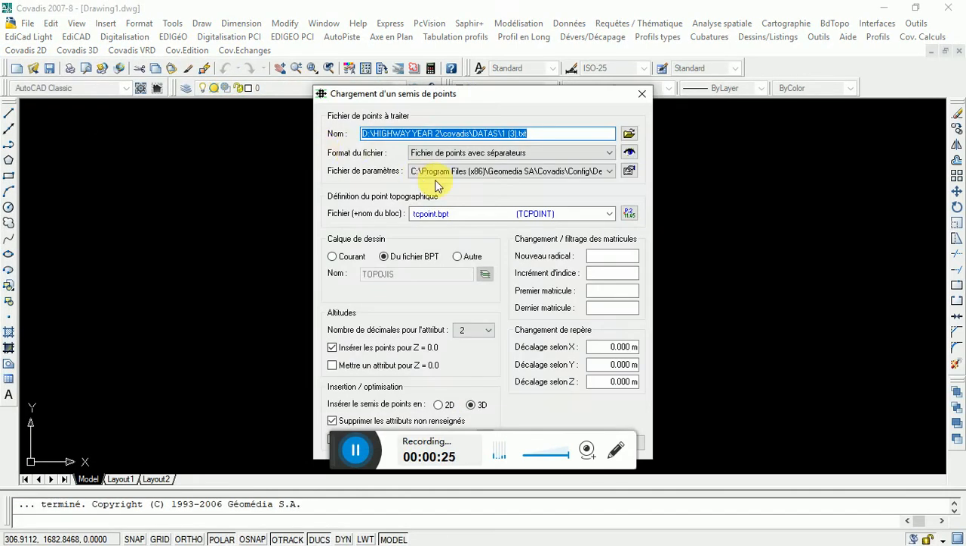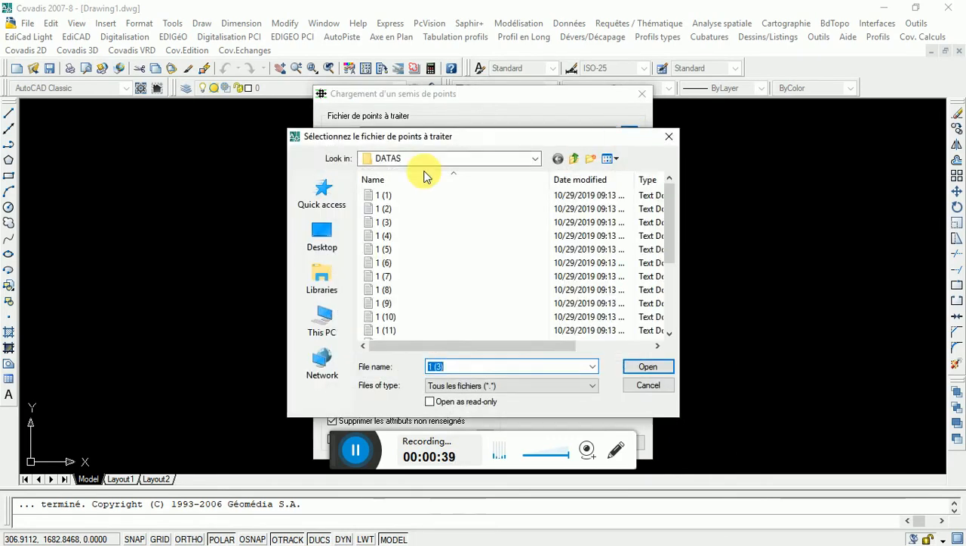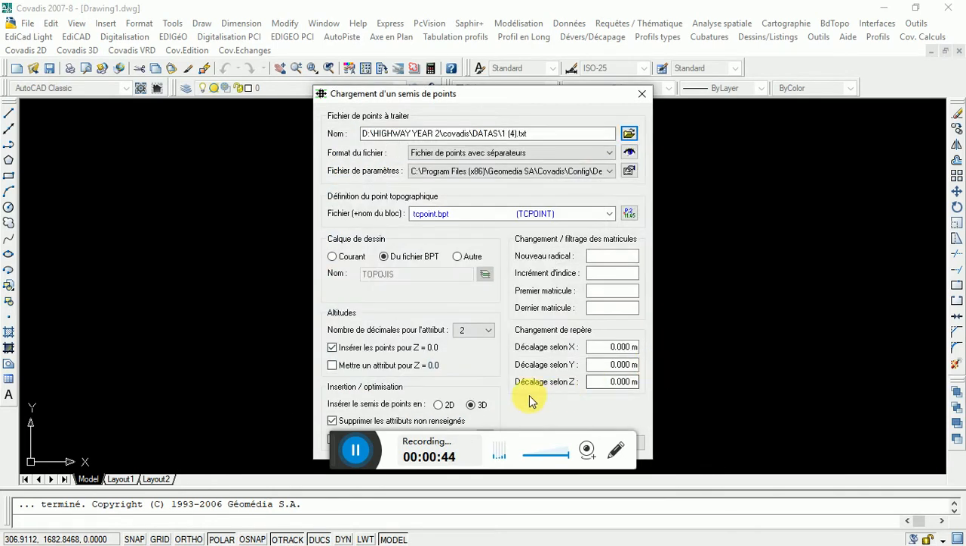Okay. Then here, it's where you upload your data, the file you have saved in txt format. So you go look for it, then let me choose this one. Open. After that, you come,